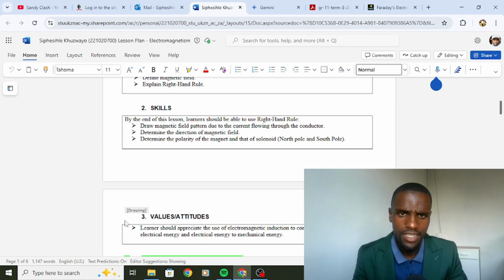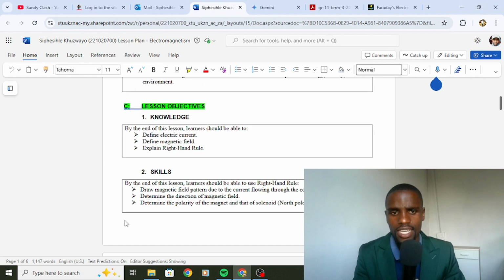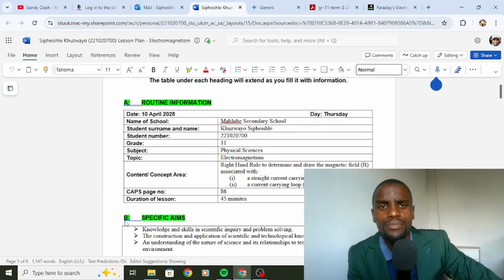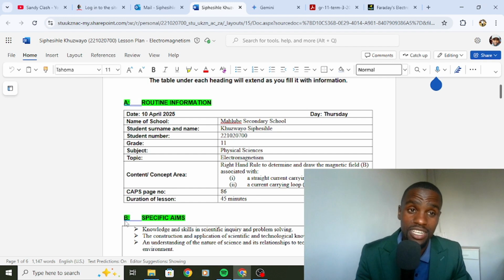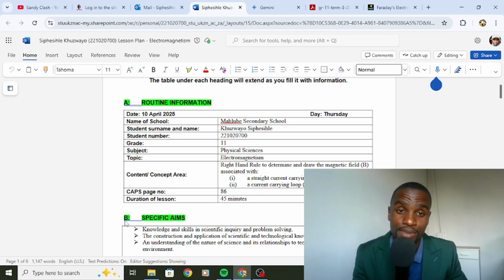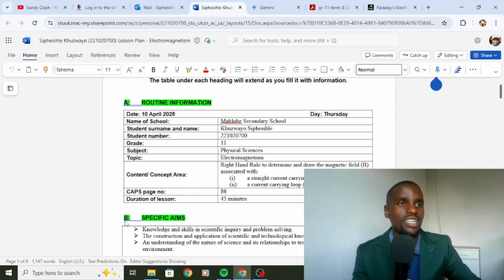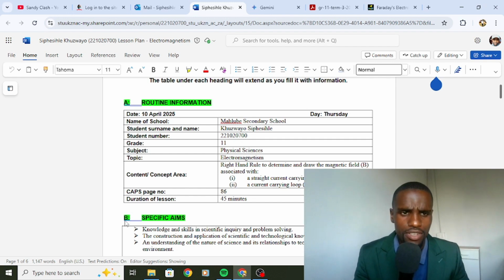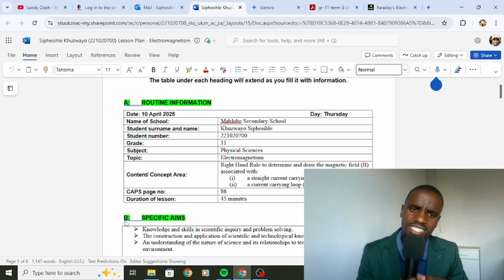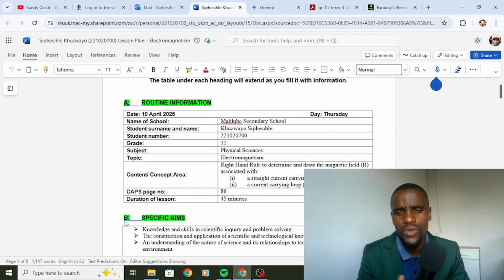I want to list some of the difficulties that I had in planning this lesson. Because this is a school from a rural area, it was hard to use the methods of teaching, because if you are using inquiry-based or 5Es, you have to have resource-based teaching and learning. You have to have a variety of resources, but this is a school from a rural area. We don't have a lab, first of all. Secondly, learners cannot buy resources for themselves because they are from different backgrounds.